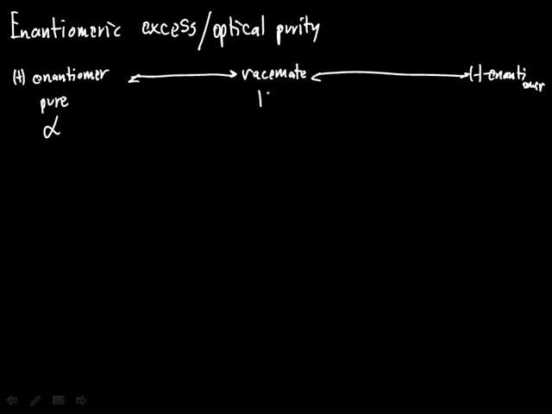Here we will have a mixture of one-to-one plus and minus enantiomers, and our alpha value will be 0. Whereas here we will also have a pure minus enantiomer, but this rotation will be minus alpha. Okay? And so to answer the question and to quantify our position along this continuum, we use the concept of optical purity, which is also abbreviated as OP,